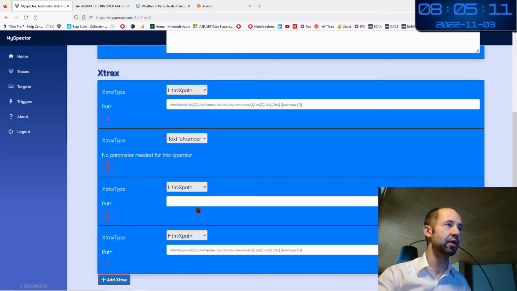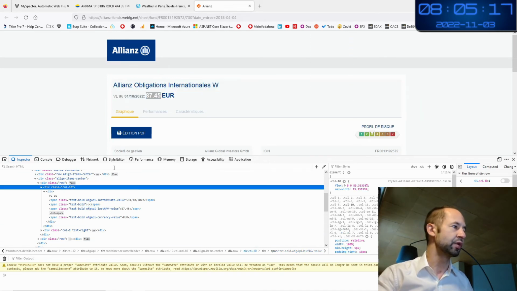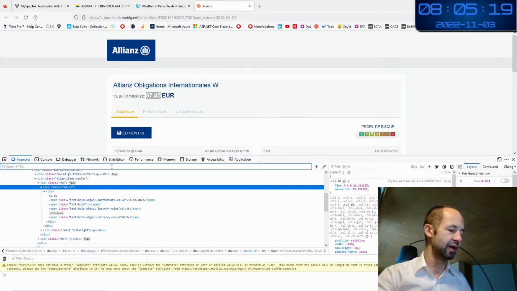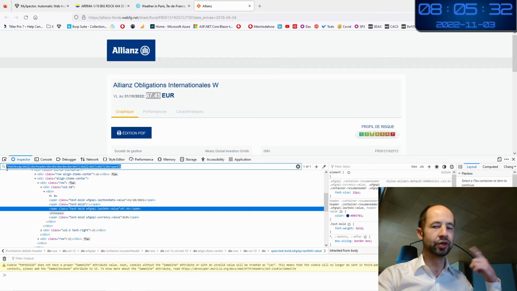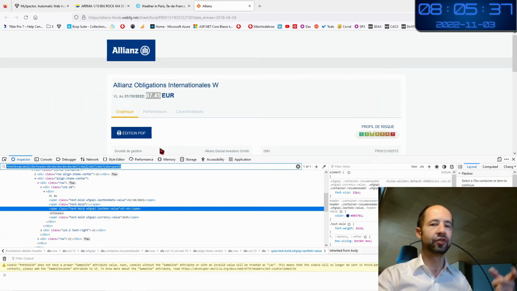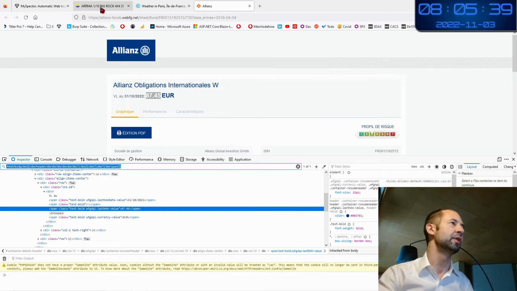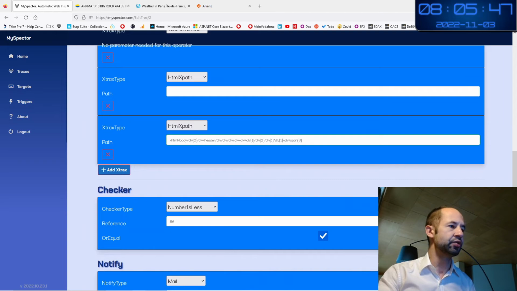This is one example, and also for your information, whatever the XPath that you have, you can go on the developer tools, paste it, press enter, and then the developer tools finds the XPath that you have supplied. So you can look for a given XPath, check that it is correctly behaving inside your browser, and then put it inside the MySpector module.